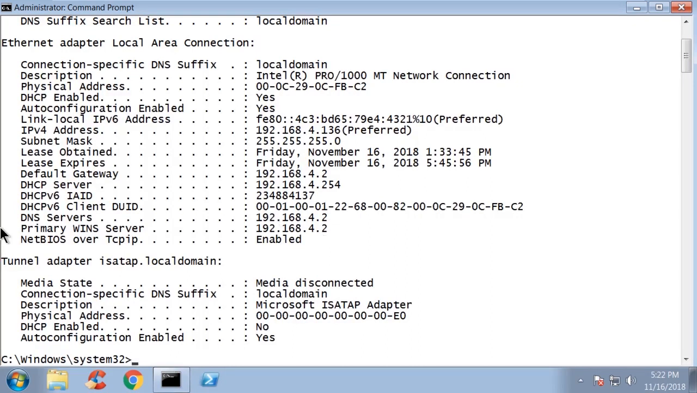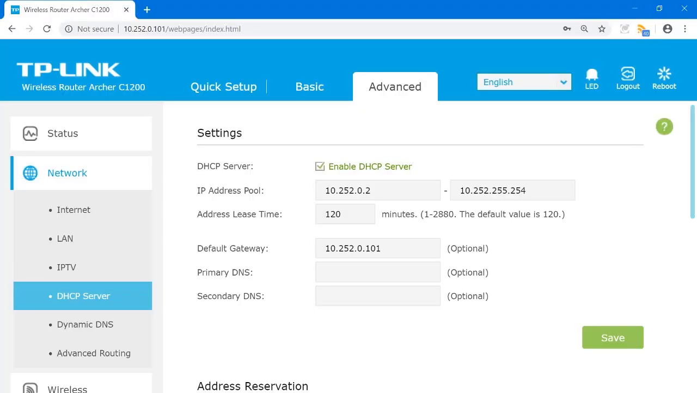So let's show two examples of DHCP servers. First, here we have a basic router, and I've gone to advanced, and I've gone to network and DHCP server. And you can see that the DHCP server is on right now. It is enabled. And we have an IP address pool, otherwise known as a scope. And this server will hand out IP addresses to clients automatically between